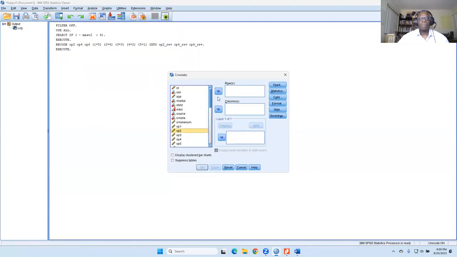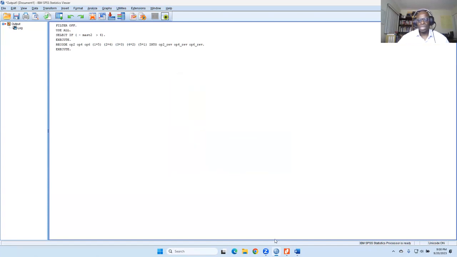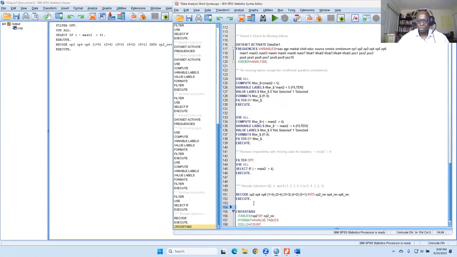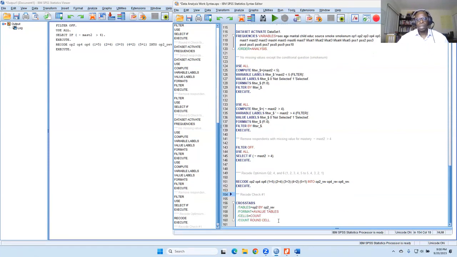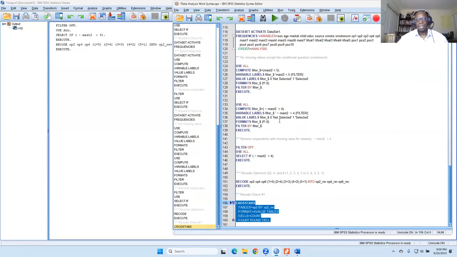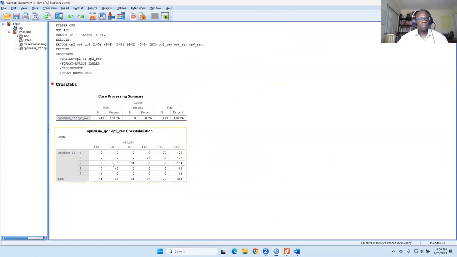So opt2 by opt2 reverse. Then we're going to click paste. We don't have to do anything else. And we're going to call this recode check number 1. So we highlight this and we run it.